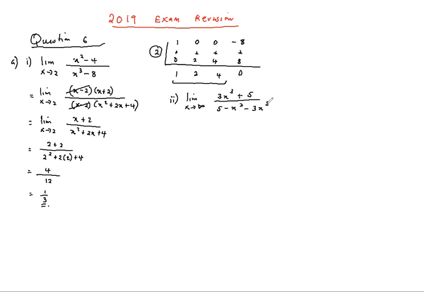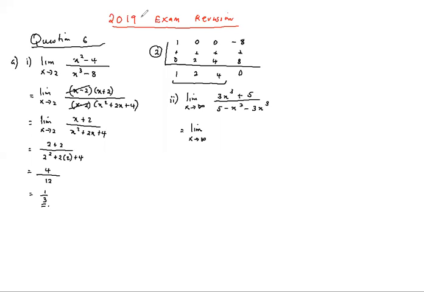If the limit is approaching infinity, then you divide every term by the highest degree of the denominator, both the numerator and the denominator. Since here the highest degree for numerator and denominator is the same,